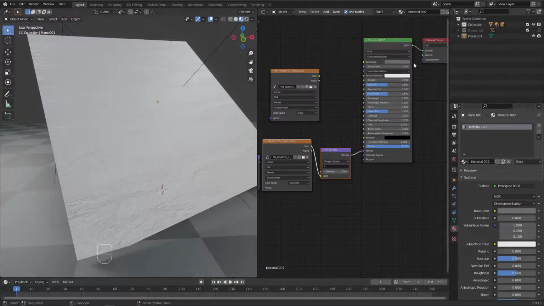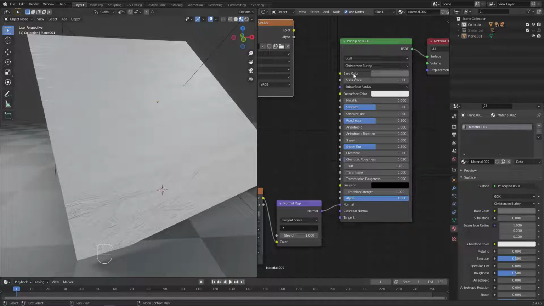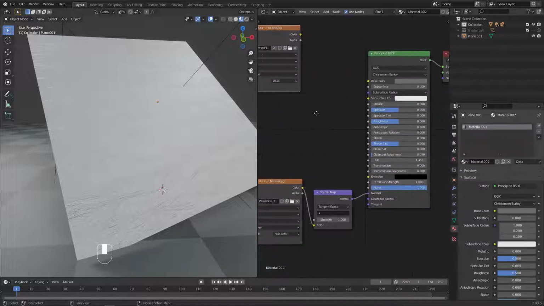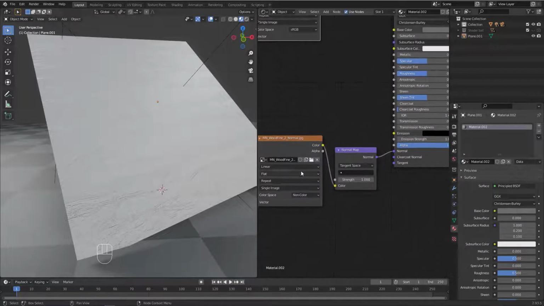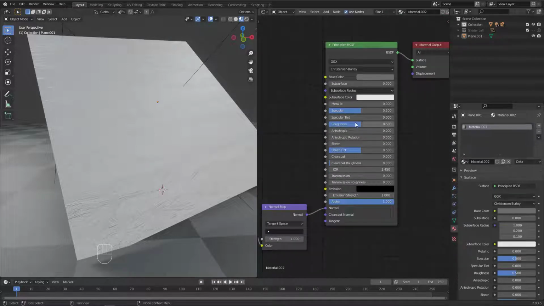Alright, let's go back. In the end, what I want to say is the most important sockets that make the material realistic are the base color and the roughness and the normal. If you want to create realistic material with some imperfection, it's very important to add height information to your material to make it look fine. The other sockets that we have here are important as well, but we will focus most of the time on the base color and the normal and the